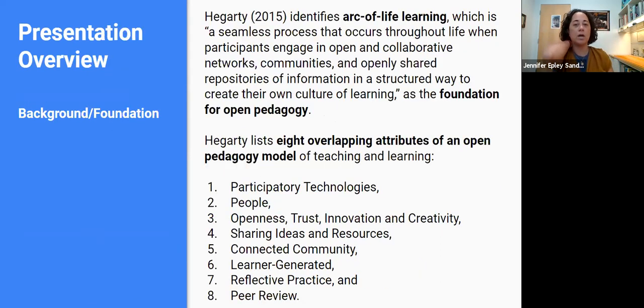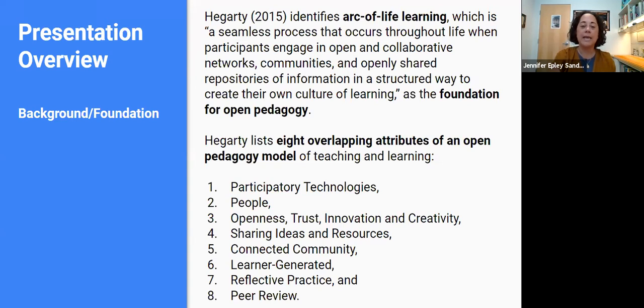To start, we thought it would be helpful to provide a bit of background or foundation from Hegarty 2015. Hegarty identifies arc of life learning, which is, quote, a seamless process that occurs throughout life when participants engage in open and collaborative networks, communities, and openly shared repositories of information in a structured way to create their own culture of learning, end quote, as the foundation for open pedagogy.